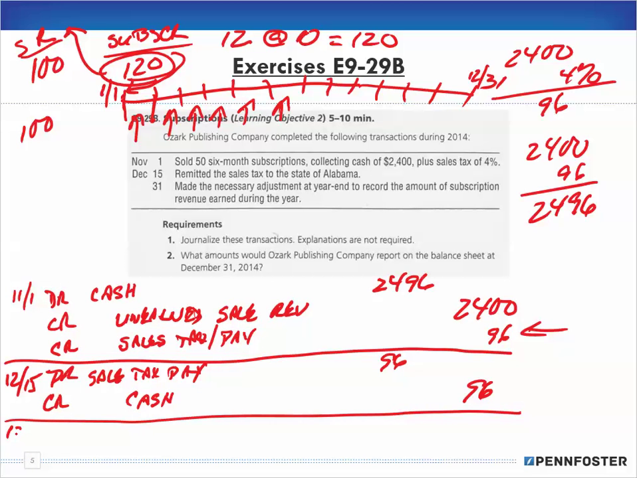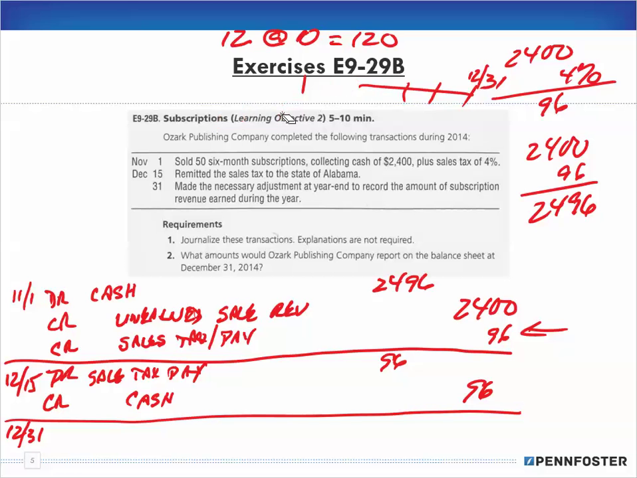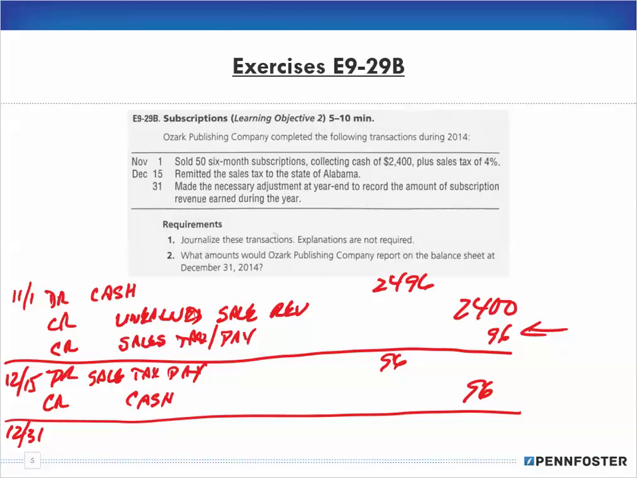Right, on December 31st, made the necessary adjustment at the year end to record the amount of subscription revenue earned during the year. Okay, so let me erase all of this and draw a timeline so we can see where we're at. This is right now November 1st. It's a 6-month subscription, so on 12/31 we get to the end of the year, we have to make an adjusting entry for this period of time, and this is a 2-month period because this is November 1st,